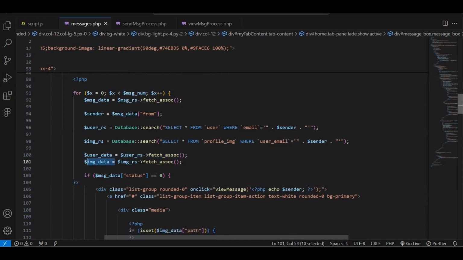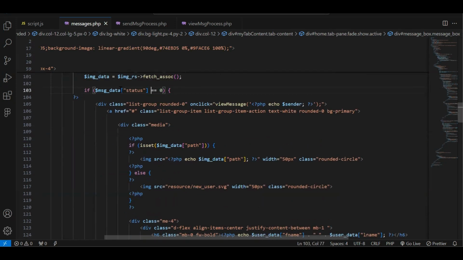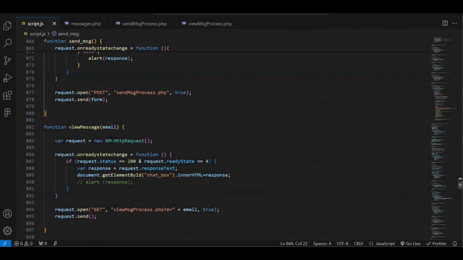And through an if condition, we have checked whether the status that's stored in the message data is 0. It means the relevant user has not read the message. So here we have used the background color as primary, and here we have used an onClick function with the function called view message, and I have sent a parameter as the sender, that's the value that's stored in the variable called sender. If I move to the JavaScript file to discuss the view message function, here we can see